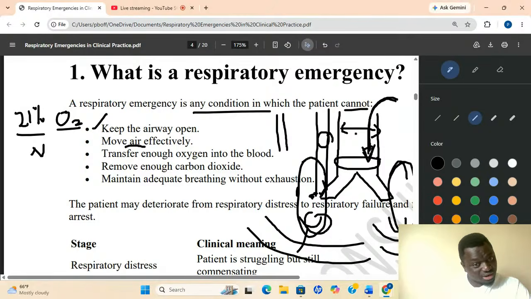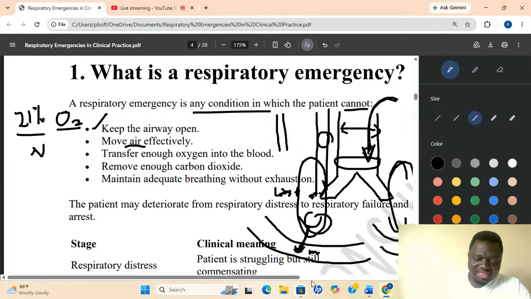So the airway has done their own. They have given the gases to the lungs, the tissues. The lung has to push the gases down to the bloodstream. Now the lungs have problems. It cannot push the gases down. Okay, that is another problem. So when you are in this state, we say you have airway crisis.